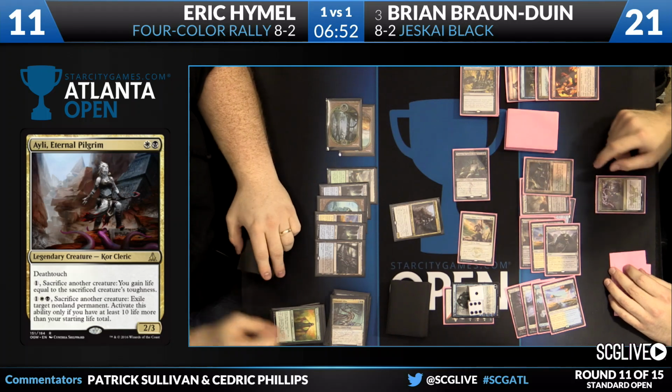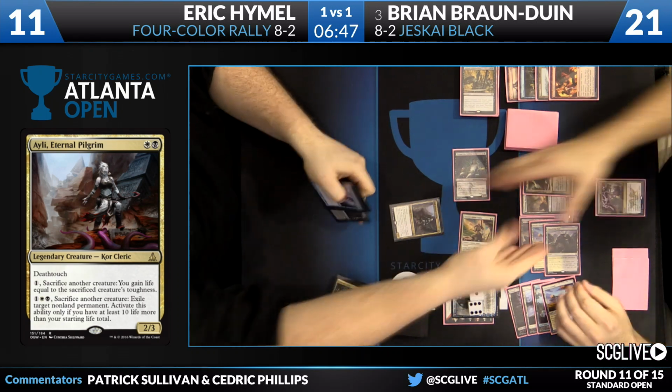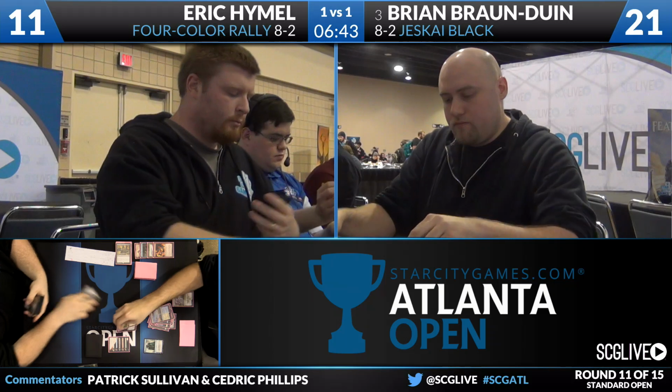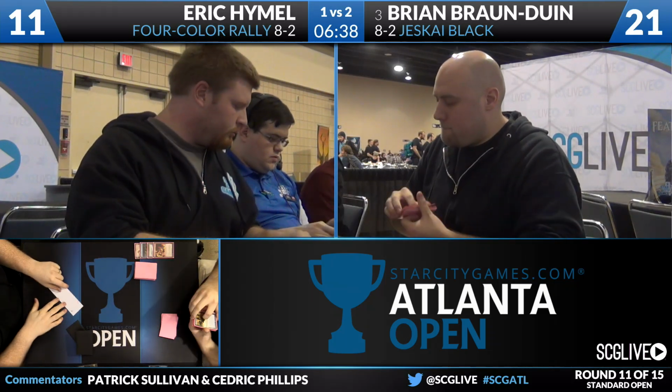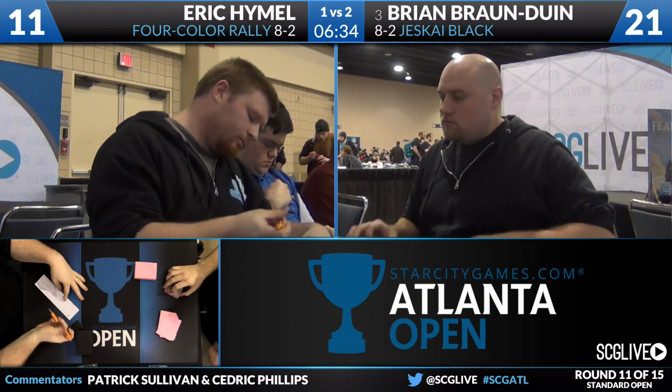An Eternal Pilgrim, just another target here for a removal spell. Eric does have a Dispel in his hand, and he will cast it, but that is going to do it. Brian Braun is going to win this match over Eric, 2-1. Jeskai Black going to take care of 4-color Rally for Brian. He moves on to 9-2 with his build of Jeskai Black, different from other ones that we've seen. For Eric, he'll slide down to 8-3, but still